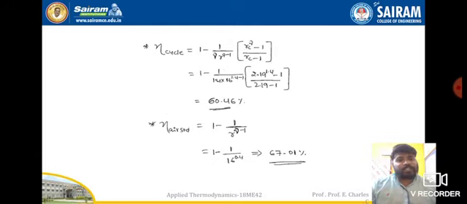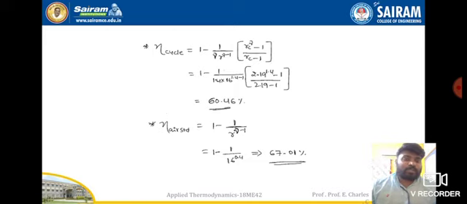If in addition the problem asks for the air standard efficiency, it is a very simple formula, which is 1 minus 1 divided by r to the power of gamma minus 1, the same as the Otto cycle efficiency. So 1 minus 1 divided by 16 to the power of 0.4, since 1.4 minus 1 is equal to 0.4. So you will get 67 percent.